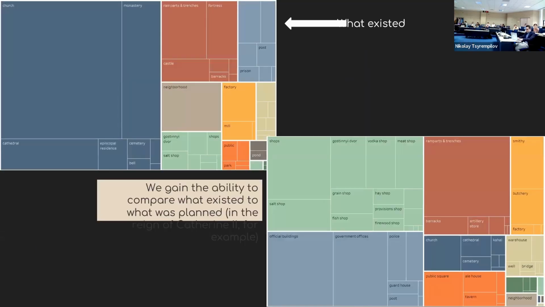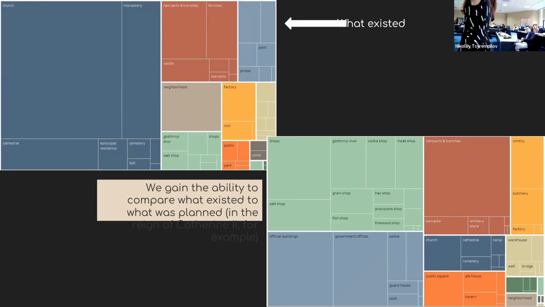And we can visualize this kind of information all kinds of different ways. And I like this one. It's very basic, but it shows you the things that were planned. Oh, sorry, this got a little smushed. So this big block shows you, I categorized them, what existed on the plans that were made in the Catherinian period. If you see blue, that's religious. So the urban space of Russia that was mapped in the reign of Catherine the Great was mostly all religious stuff. So it was churches and cathedrals.